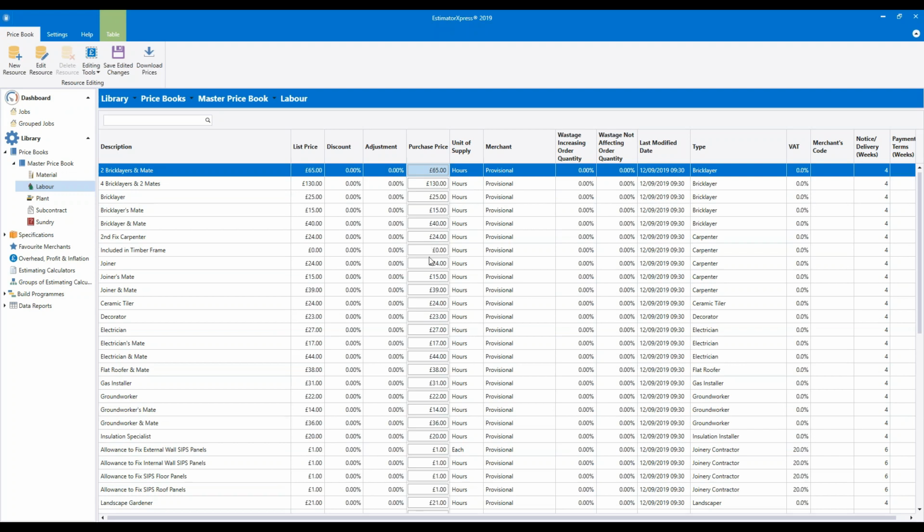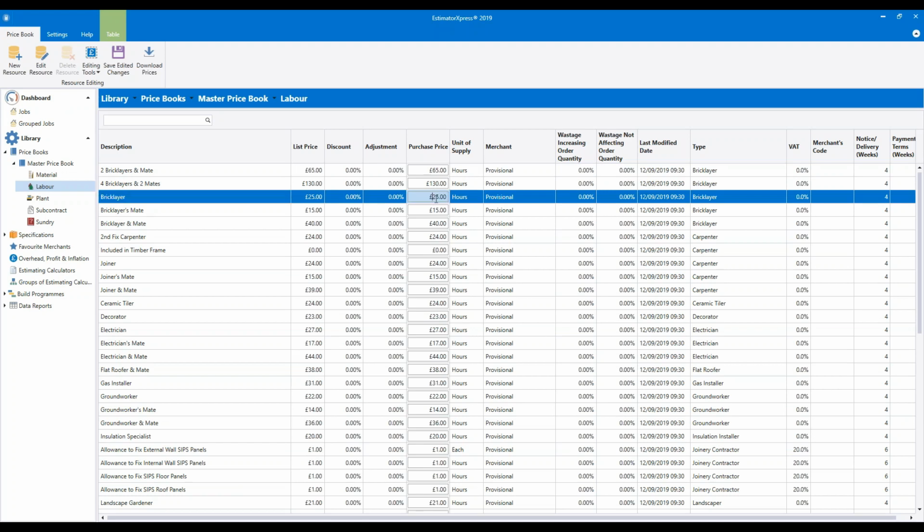So now we've unlocked the purchase price column, let's have a look at the bricklayers and bricklaying gangs to start with. So they are listed alphabetically as computers do, and the numbers go at the top. So you might want to just start on the third line down, the bricklayer here. So if we look at the individual labourers first, and then we can work out the costs for the gangs. So looking at the bricklayer, think about how much you pay your brickie, and you can just simply delete and type in how much you pay your bricklayer.